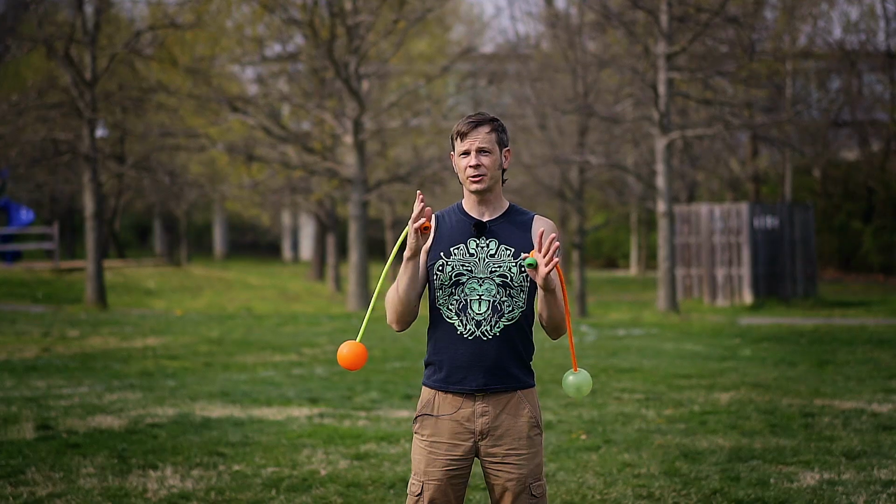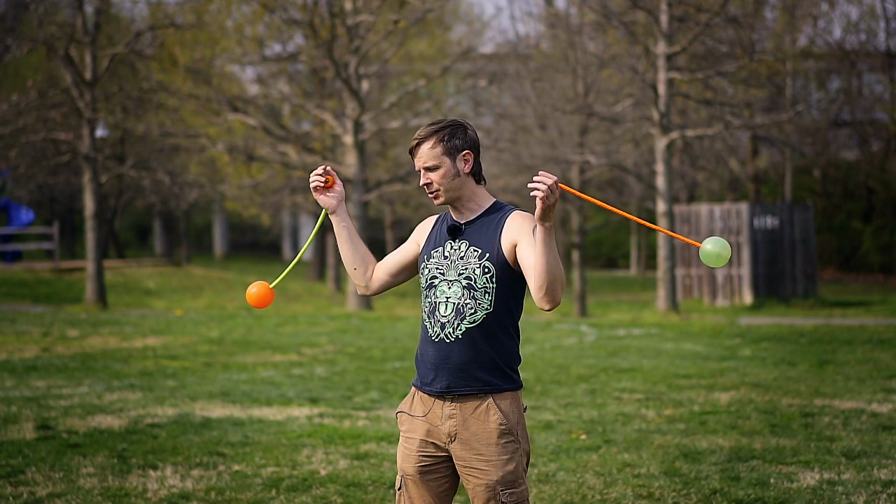So the first thing you'll probably notice about this combo is that it's very unlike many of my combos in that it doesn't emphasize transitions so much as emphasizing ways that you can take a single trick and make it visually a little bit more appealing through some minor tweaks. So to that end, let's start off with the first part of the combo, which is just playing around with